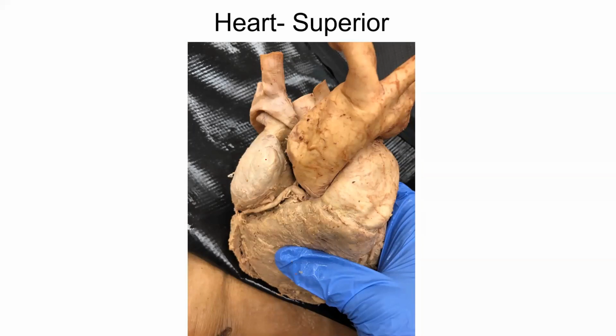Another superior view of the heart here. So we can see the arch of aorta quite nicely, those three main branches that we've spoken about. Here is the right auricle, which is that accessory appendage of the right atrium. Here's the right coronary artery that's leaving that aorta. So this is going to the right side of the heart. It's then going to give the right marginal artery, which is going to be running along the right margin of